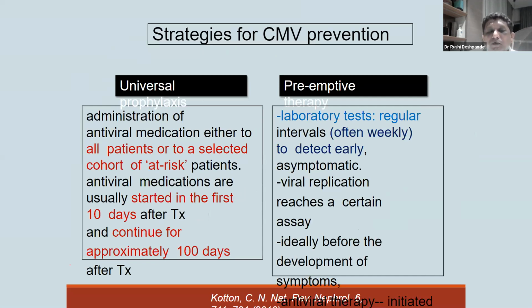There's a role for prophylaxis. What we commonly use nowadays is universal prophylaxis, where we just start in the first days and continue it for approximately 100 days post-transplant. Where affordability is a problem, you can also use preemptive therapy, which means you just keep on checking every week or 2 weeks, and as and when PCR becomes positive, you start treatment. But you do it before the patient develops CMV disease. Otherwise, once it's organ invasive, it's very difficult for the patient.